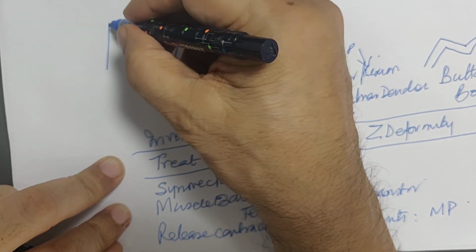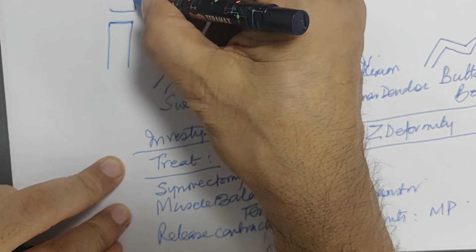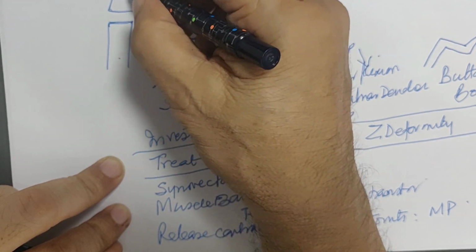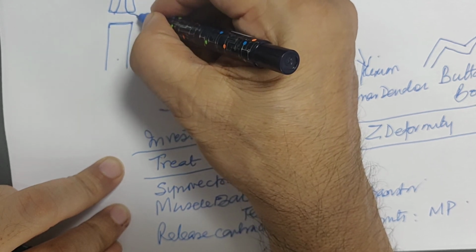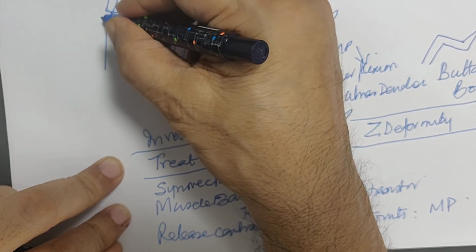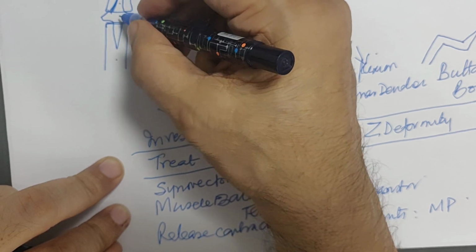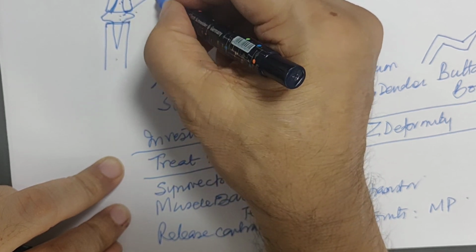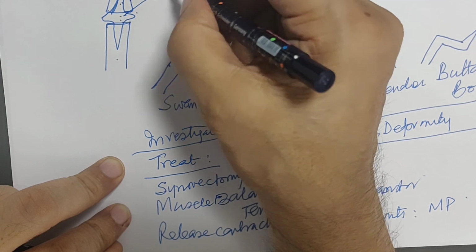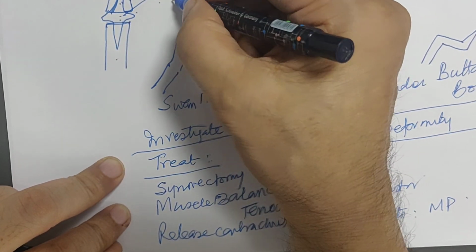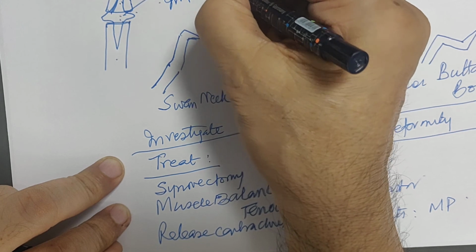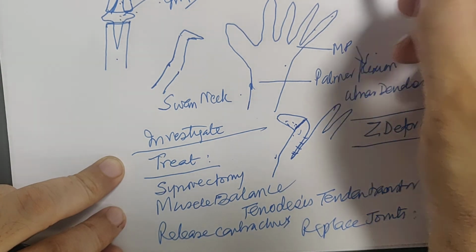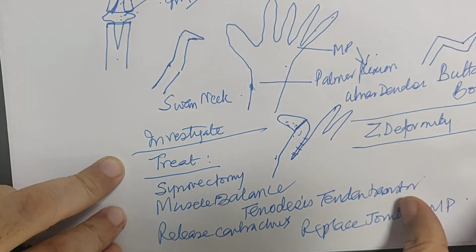This is the phalanx. Cut it here. This is the metacarpal. This is the phalanx, and you have a silastic implant like this, which is made of silicone and elastic, which replaces the metacarpophalangeal joint. So this is a silicone and plastic implant, and the amount of silicone you have depends on how much the joint is going to bend. So this is about the rheumatoid hand.